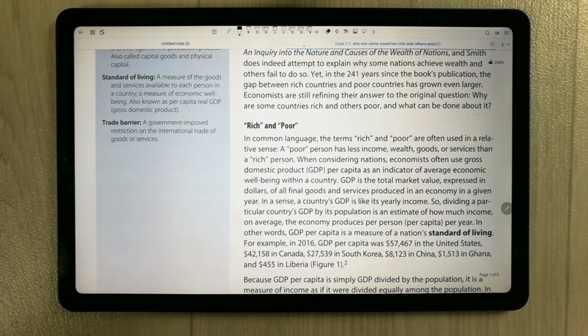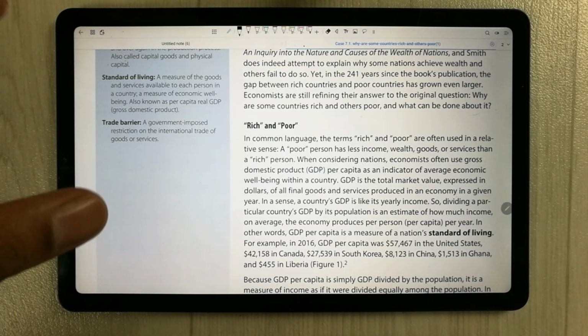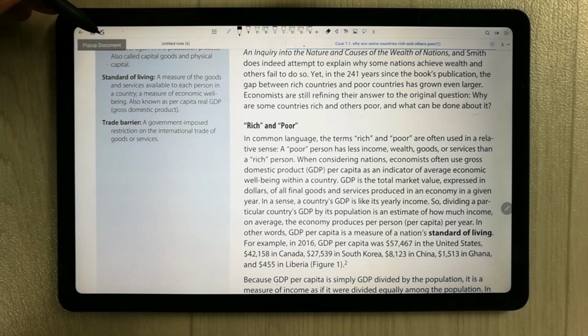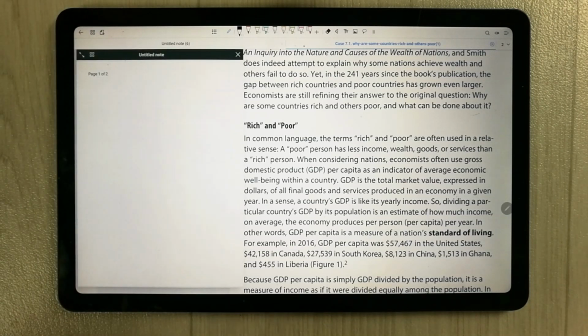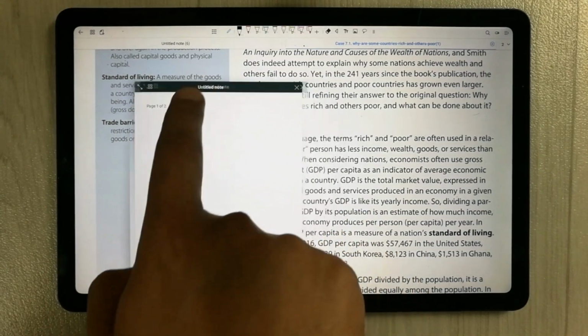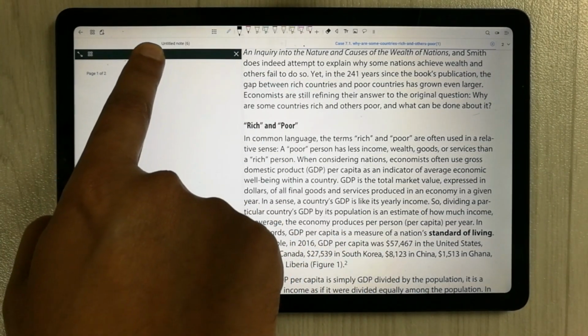So the next thing you have to do, you have to open a new note document or a new note file. So to open it, you have to go over here. You see this option, it's called pop-up document. So I select it. So you can see this new document will open, and then you can also change its location. Okay, so I will put it over here.